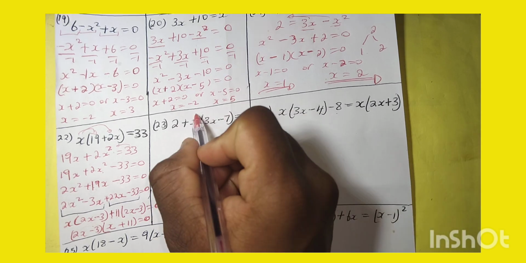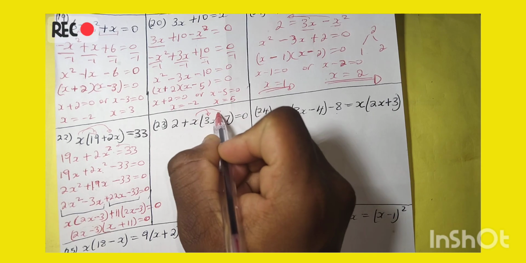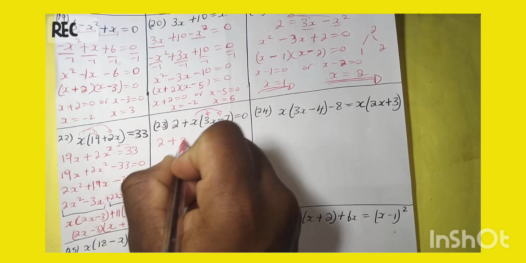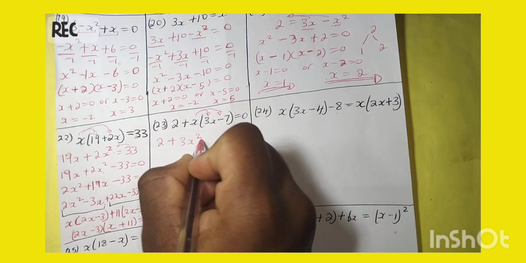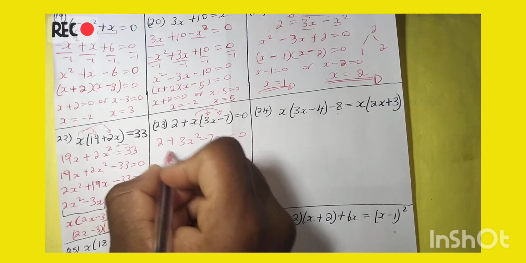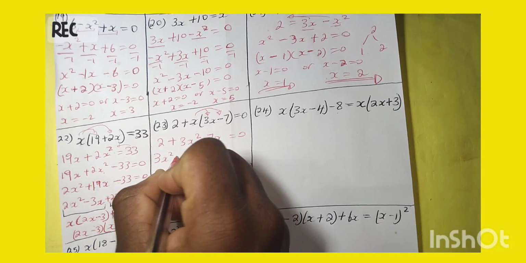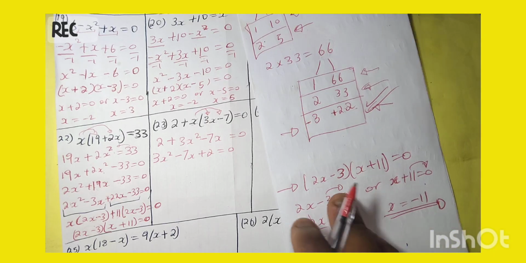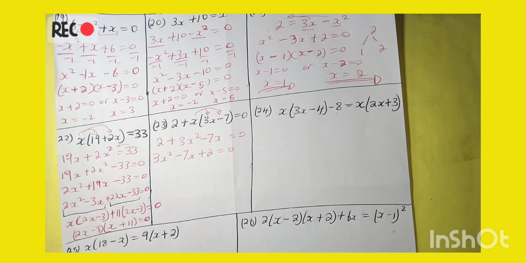Then for this one, this will multiply here, this will multiply there, meaning this thing there will be 2 plus 3x², and this multiplied gives minus 7. Rearrange this in order and write it like this: 3x² minus 7, positive 2. And do you notice, as well as this one,